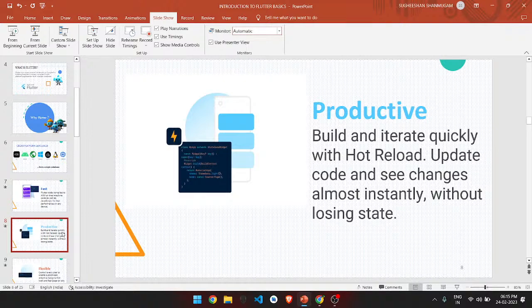So Flutter doesn't use native UI components. For people who are not able to identify what is native, native is the platform or the language that is used basically for developing native Android applications through Kotlin or Java. So Flutter doesn't use native UI components. That may sound awkward at first.